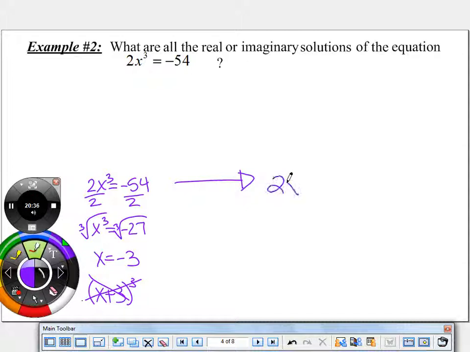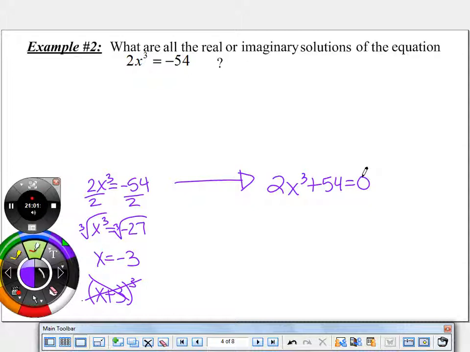Why do you have to factor out the rad 27 times rad negative? No, because this is a cube root, not a square root. A cube root can have a negative, because a negative times a third negative would be negative. Okay? Julia? Wait, so I know they're imaginary squares, but